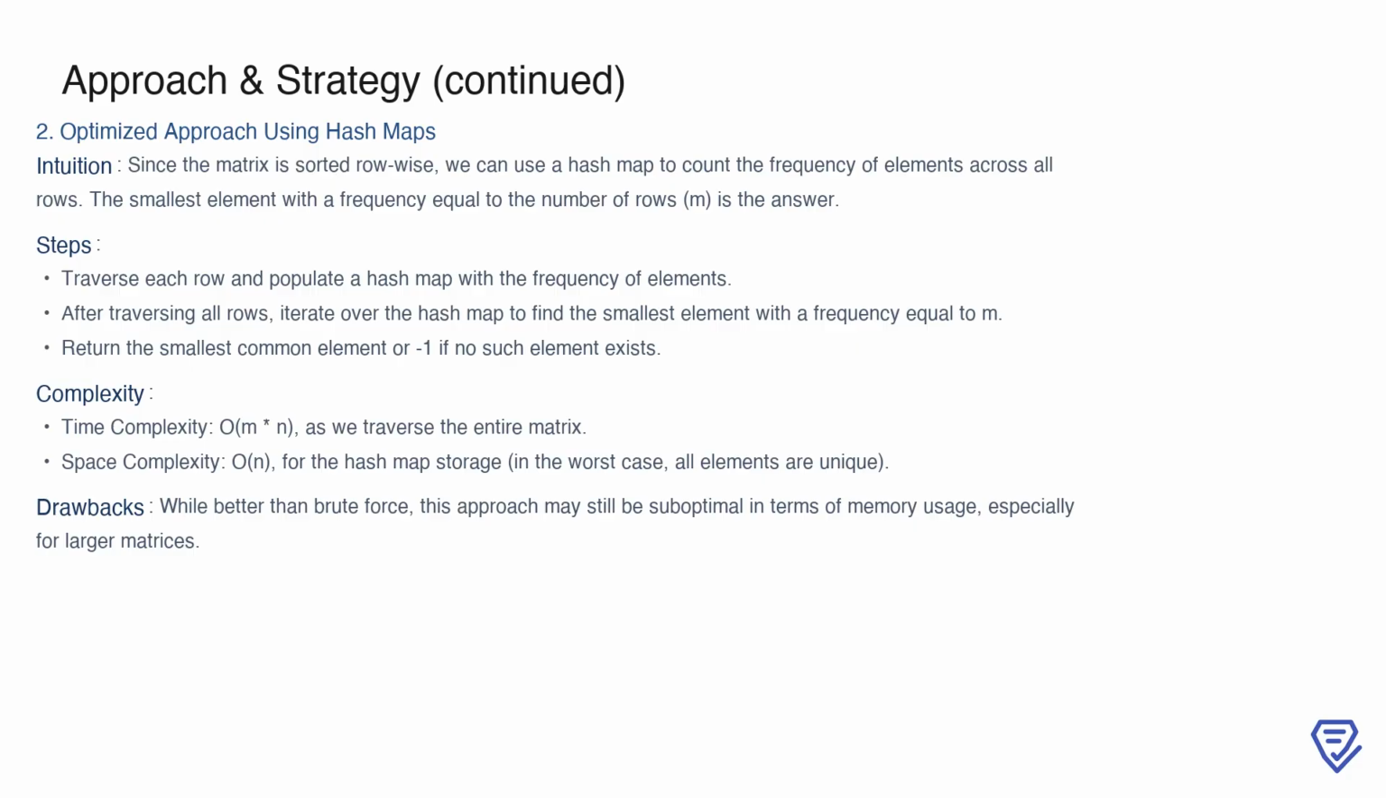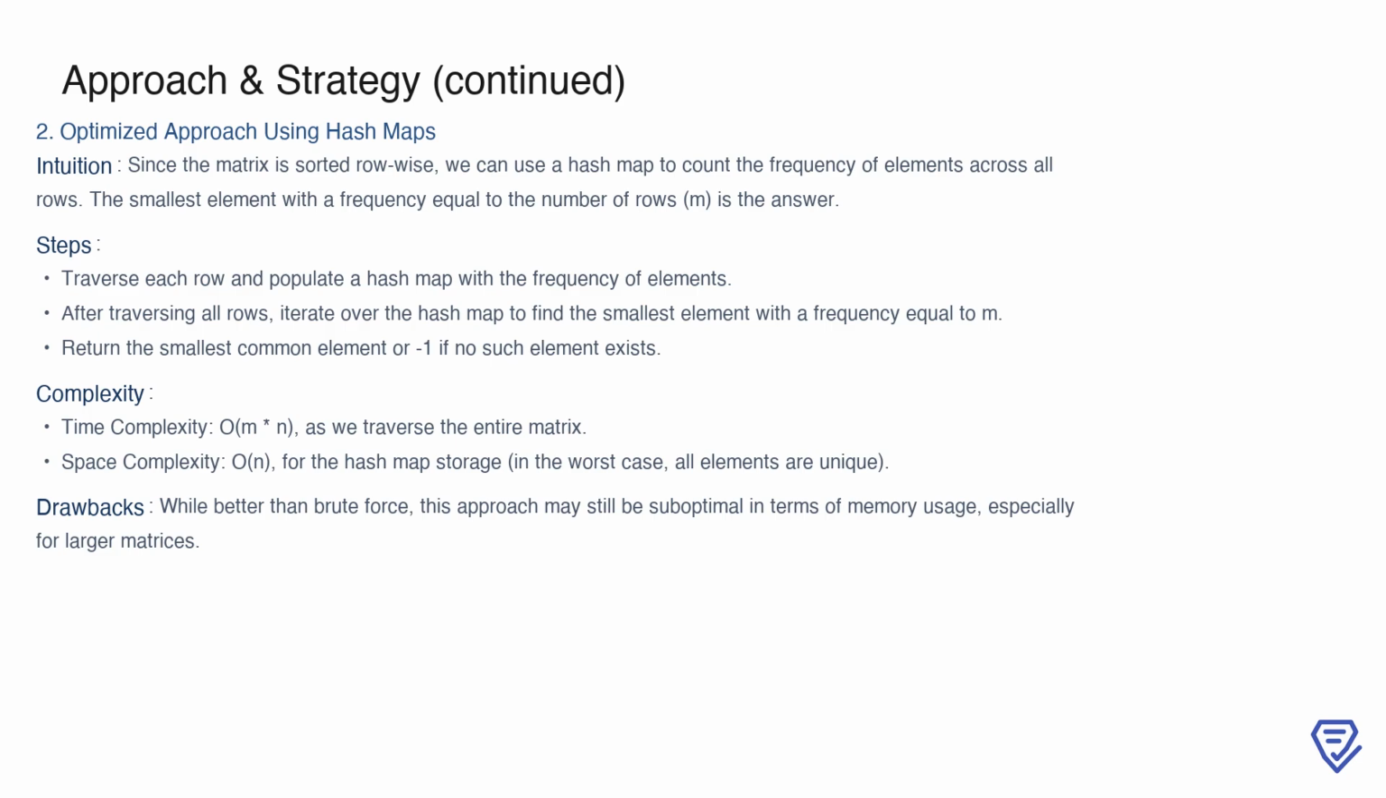The time complexity remains O(m*n), as we still need to traverse the entire matrix, but it's more systematic compared to brute force. The space complexity, however, increases to O(n) due to the storage required for the hash map, especially in scenarios where all elements are unique. While this approach reduces redundant comparisons, the additional memory usage can be a limitation for larger matrices, making it less